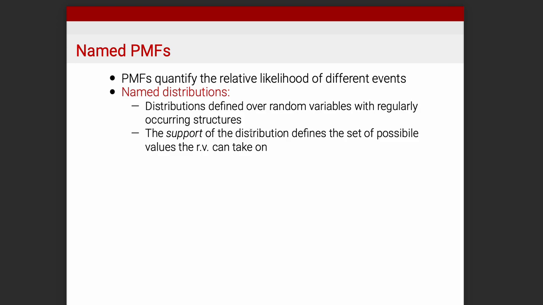So another way of thinking about this is in terms of the variety of supports that we can work with. In some situations, we might not just be interested in is it a yes or is it a no, but we might be interested in the total count of things happening. So for example, some of you study Civil War, some of you study the number of protest events. That's not a binary yes or no.